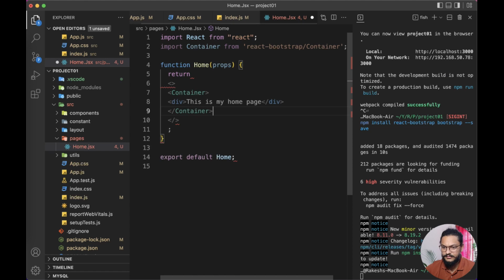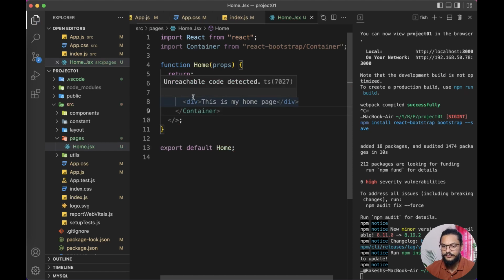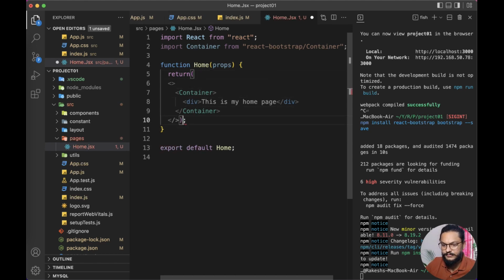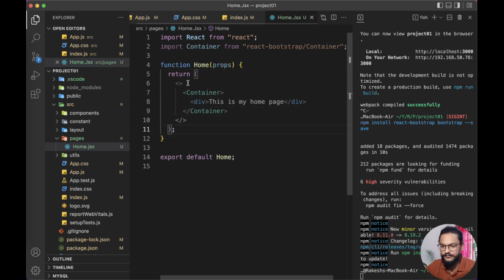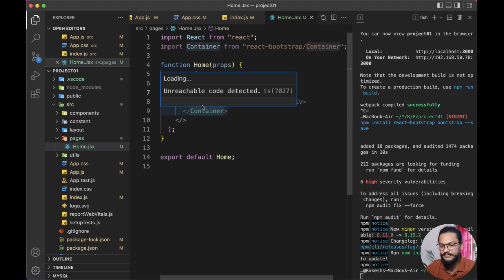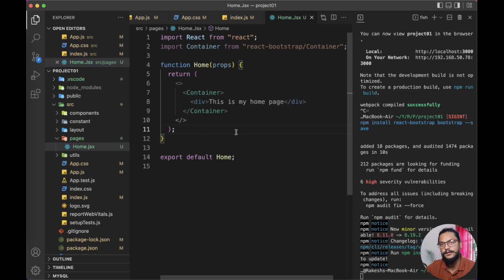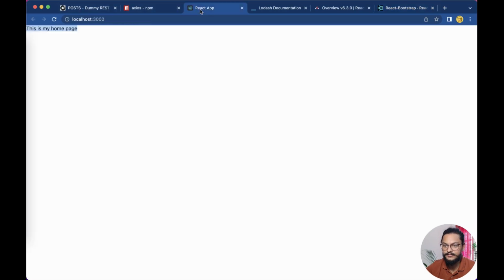Now we are returning this whole JSX, which has a container, and the container has this div. It will help you to organize your things inside this container. So if you go back and see your React.js,